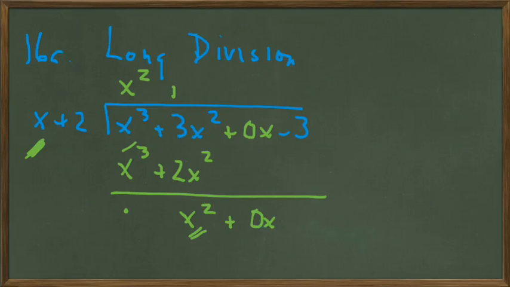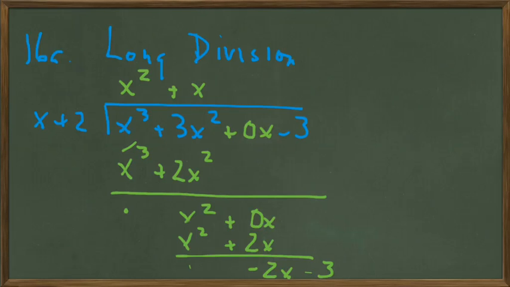We multiply back and get x times x, x squared, x times 2, 2x. We subtract, again, 0 in this column, minus 2x, bring down,